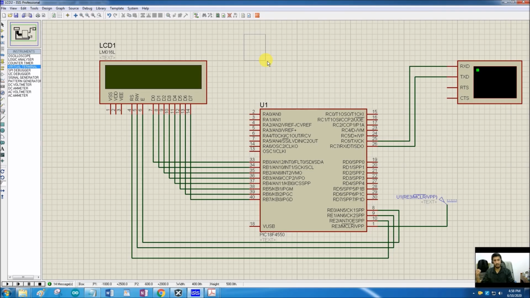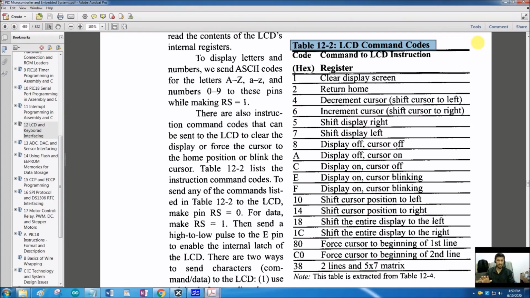So this is a dot matrix display, and any type of character can be displayed by using different combinations of these dots. But we don't have to select manually which dot has to be turned on and which dot has to be turned off to display anything. We will just configure it once by sending these commands, and it will automatically set the matrix size. For example, here you can see in the last line, the command code number 38 will configure this LCD in a 2-line mode, and each character will consist of a 7x5 dot matrix.